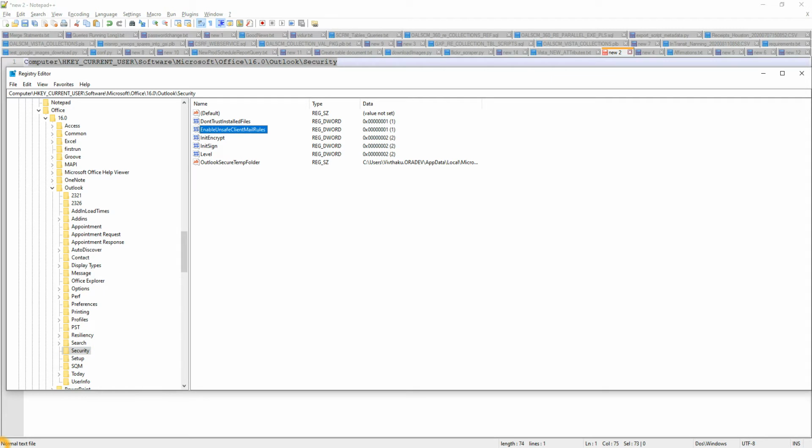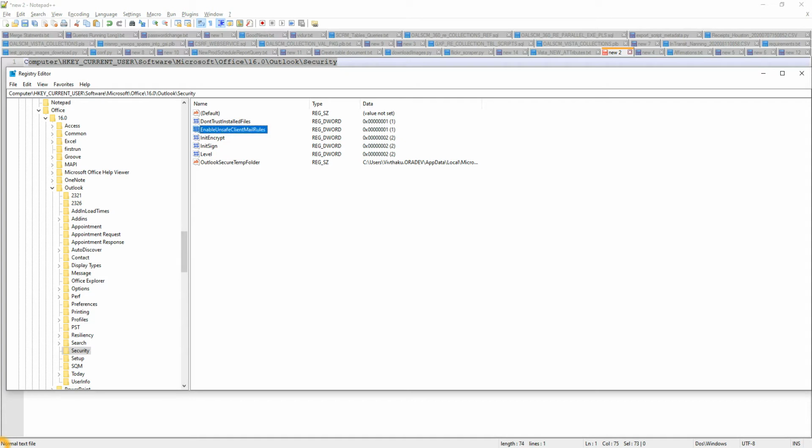If it is there in your system, you will be seeing it as 0 instead of 1. The first thing is you just make it 1, restart your Outlook, and it's okay. Second, if you do not see this, that means it's not even present on your system. At that point, you have to create it.